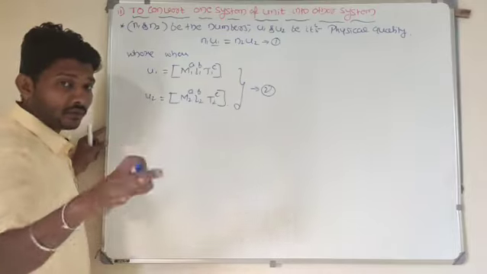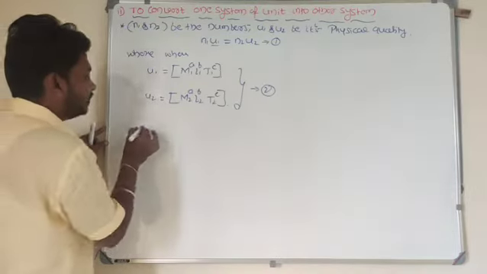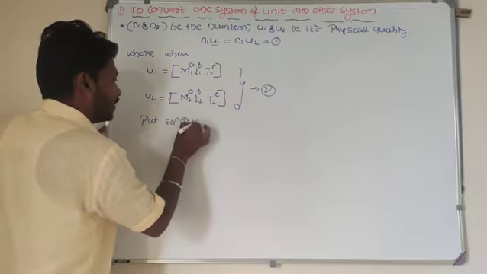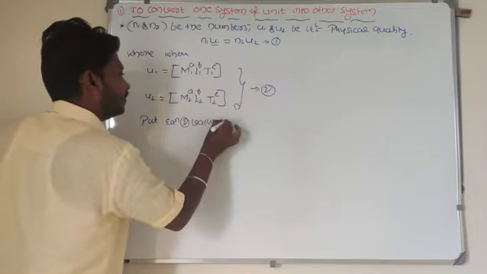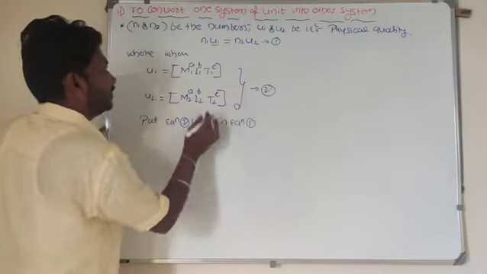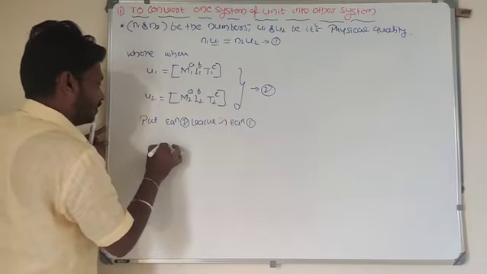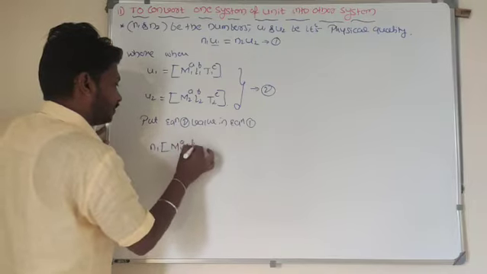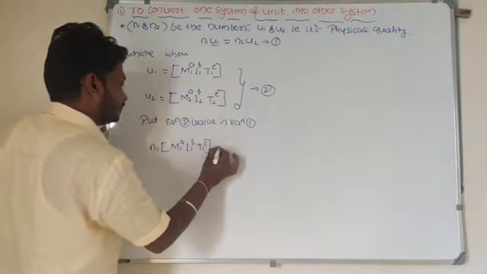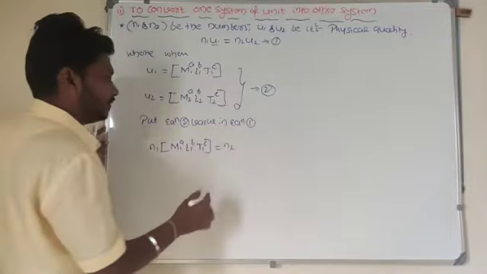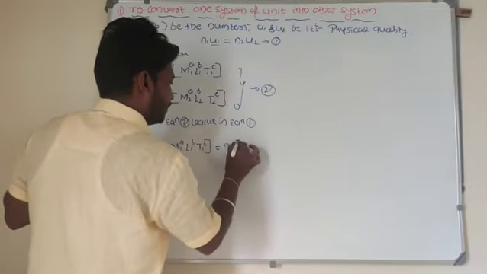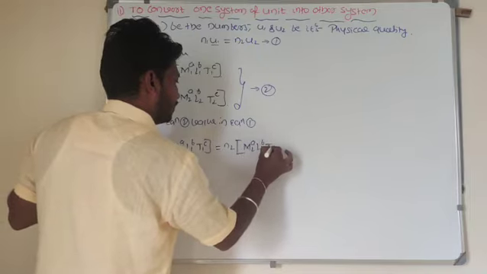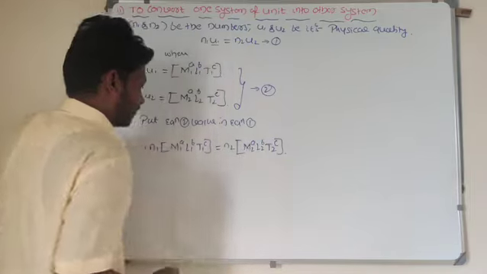So I am deriving the formula. Later I will give an example here. I will substitute the equation 2 value in equation 1. So look at here, N1 into M1 to the power A, L1 to the power B and T1 to the power C is equal to N2 into M2 to the power A, L2 to the power B and T2 to the power C.